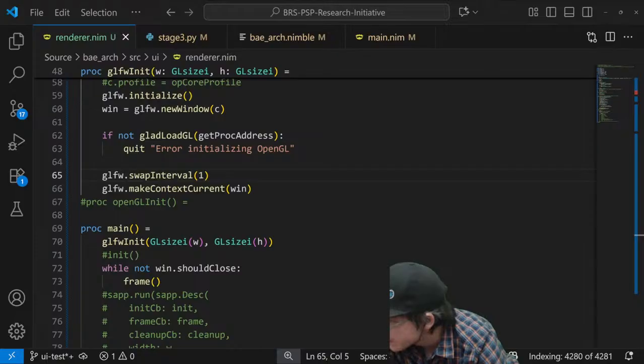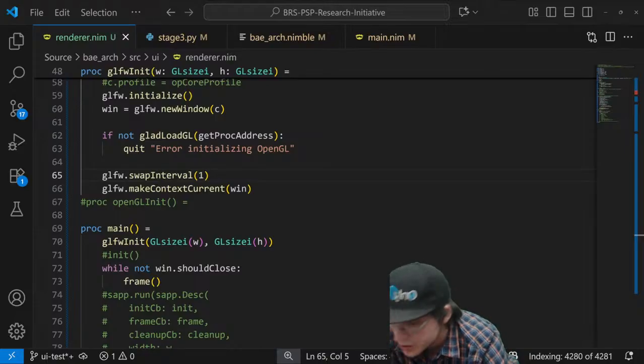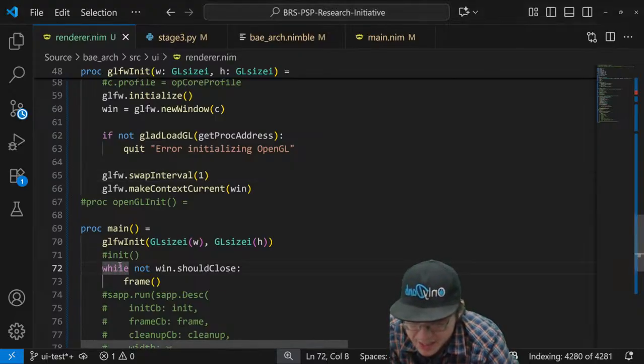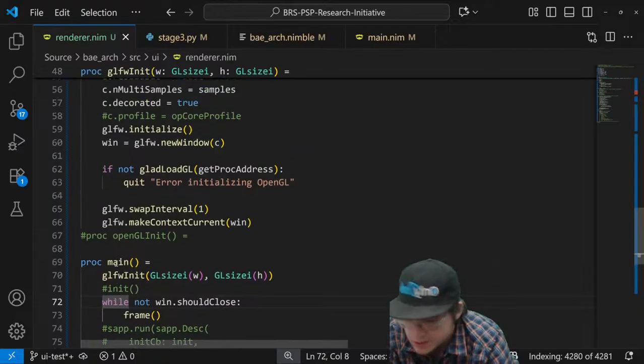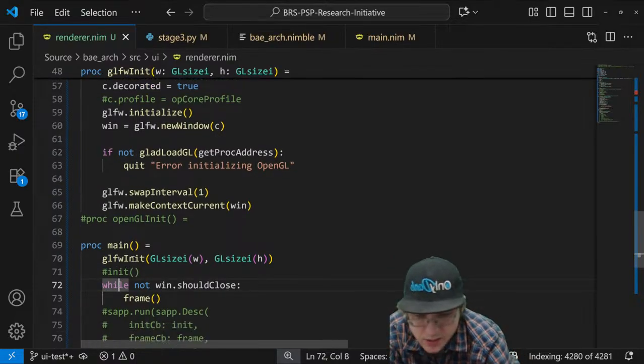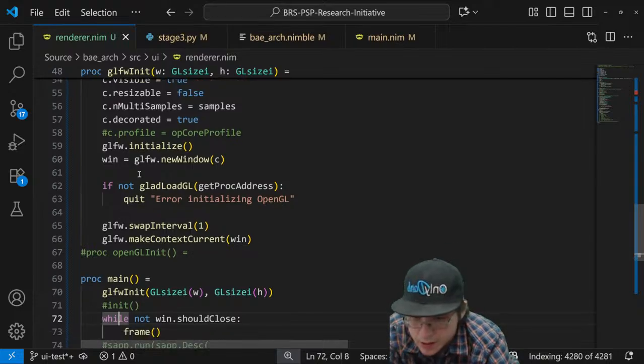Okay, so let's go back here. Let's go back and go ahead and just do a minimum. Hold on. I wonder if maybe that's the problem. But yeah, let's go ahead and just do a minimum version, and we'll go from there.